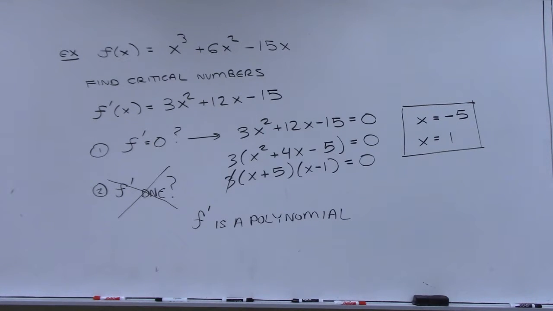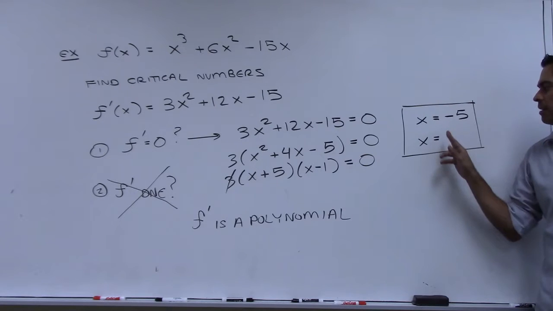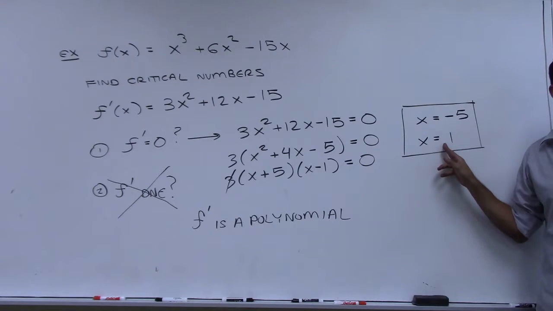You all see this? This is the cubic function, all right? Where is this maximum and minimum occurring? It looks like somewhere around here we go up and we get a max right there, local max. And then here we get a local minimum somewhere in here. Could it be -5? Yeah, it looks like it from the graph. And then doesn't it look like the min is happening at 1?